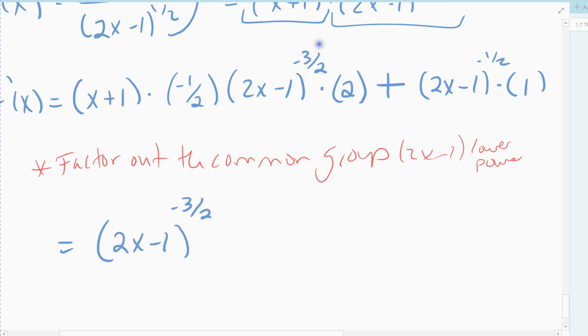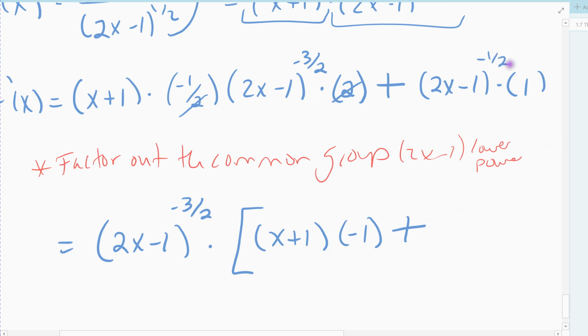Negative 3 halves is smaller than negative 1 half. And then what's left over? In the first term, the negative 3 halves term's gone. I'm left with this group, x plus 1, and then this 2 will reduce with that 2, but I do have a negative 1 left over. So I've got x plus 1 times negative 1 in the first term left over, plus, in the second term,